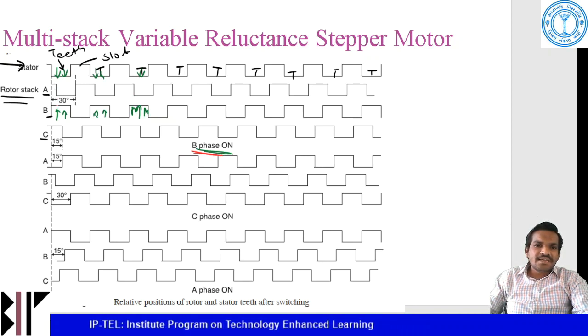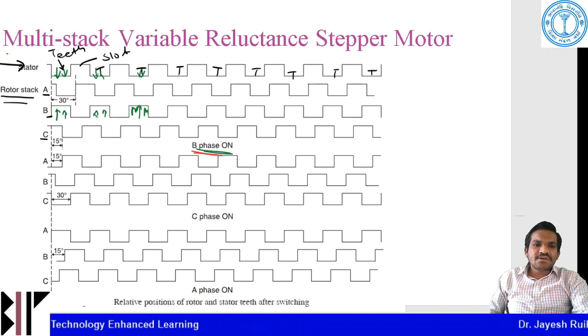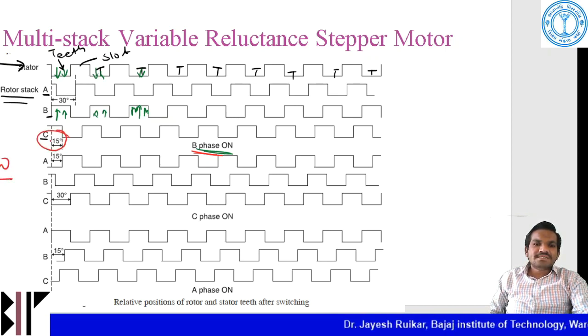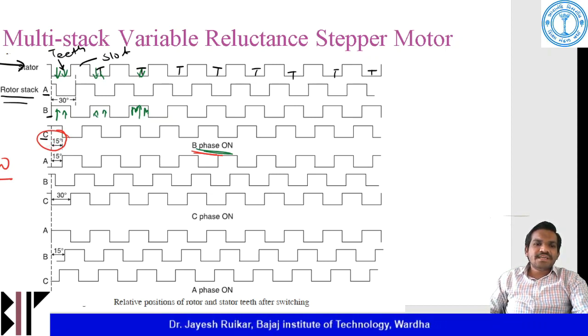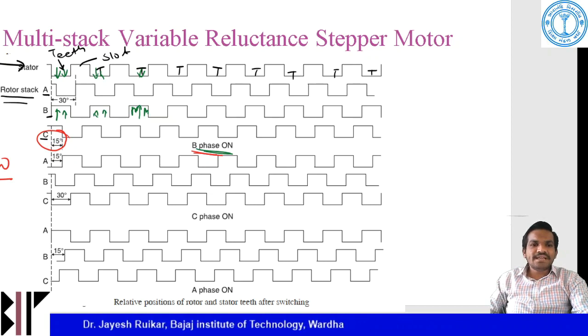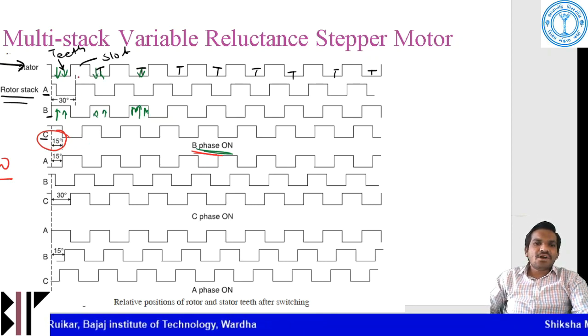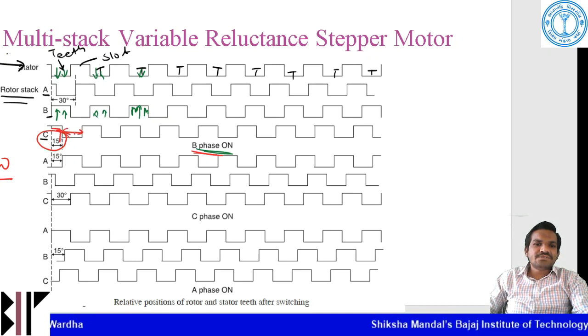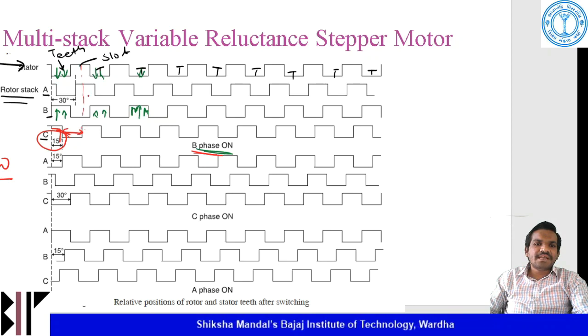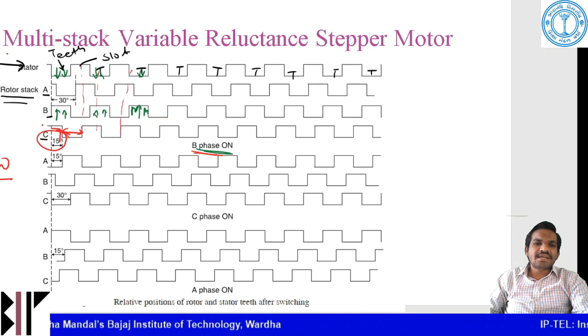Whereas you can see that for particularly A and C, there is a counterclockwise, or you can say anti-clockwise, displacement of 15 degree for C type of rotor. So C type will rotate 15 degree counterclockwise, in all the positions. See here, this is 15 degree, again it goes to this, and then again it is displaced by 15 degree. When you plot a line here, you will understand that A and C are at 15 degree of displacement.